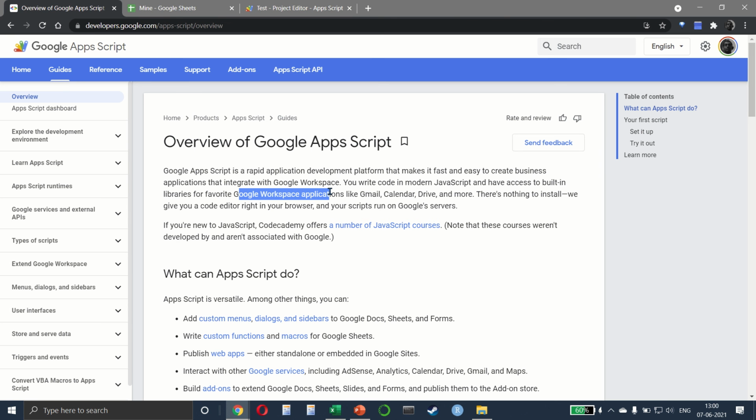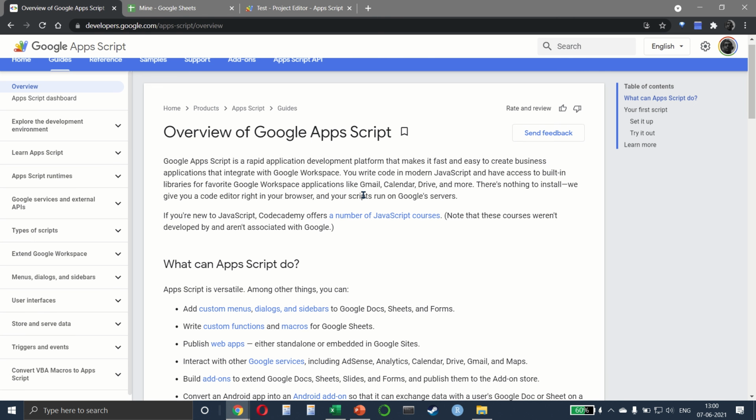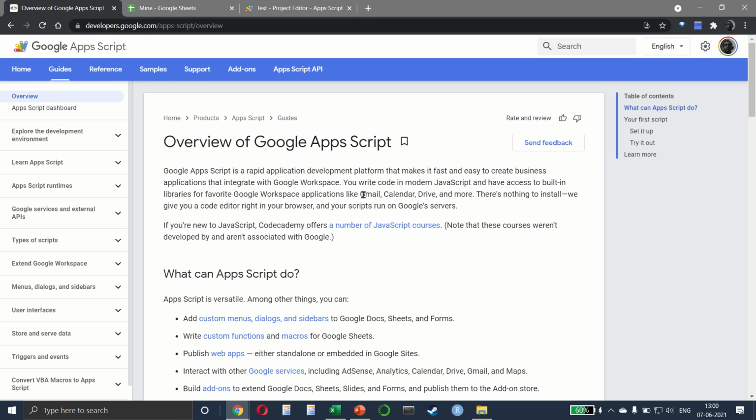Now, obviously, if you come from a background where you already know how JavaScript works, it will help you immensely. But then, over the course of the next few lectures, we will also do some fundamental JavaScript codes and we will see how JavaScript works. Do keep in mind that this course is not going to teach you JavaScript in its entirety. And if you want to learn JavaScript separately, make sure to do a separate course.